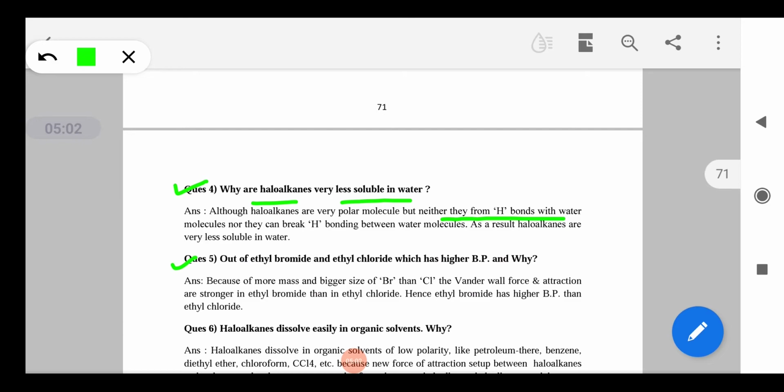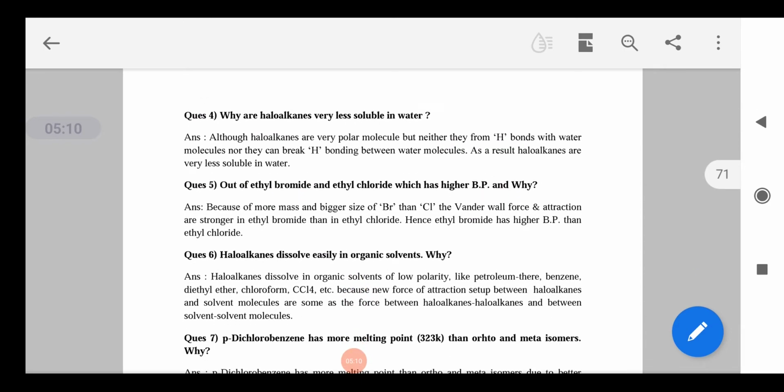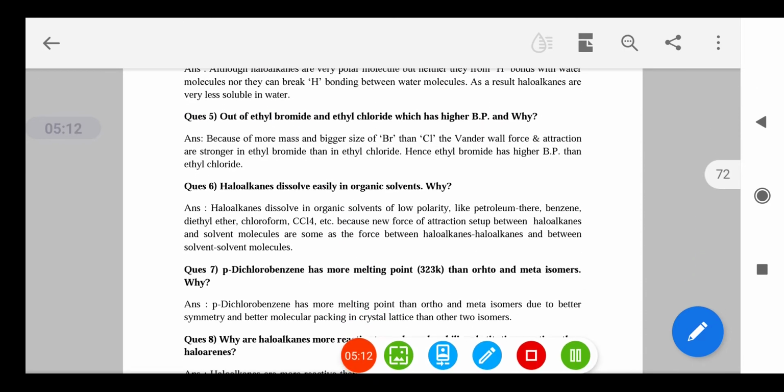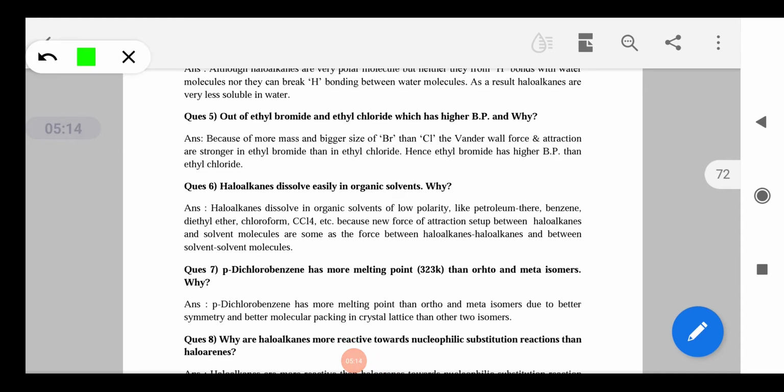क्वेश्चन नंबर 5, out of ethyl bromide and ethyl chloride which has higher boiling point? तो हमने बताया था आपको ब्रोमाइड में ब्रोमीन का साइज बड़ा होने से इसमें van der Waals force of attraction ज़्यादा है, इसलिए ethyl bromide की boiling point ज़्यादा होगी। क्वेश्चन नंबर 6, haloalkanes easily dissolve in organic solvents, why? देखिए haloalkane organic solvents है ना,